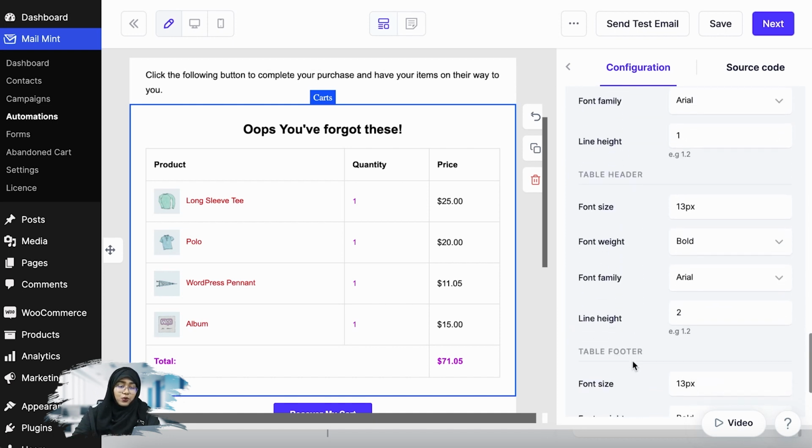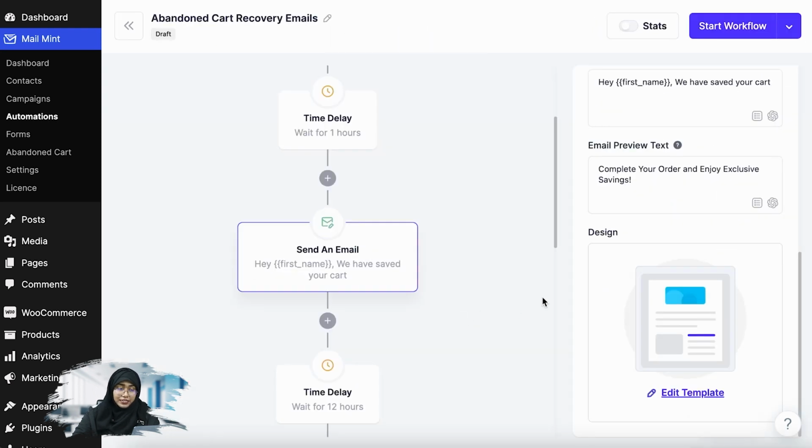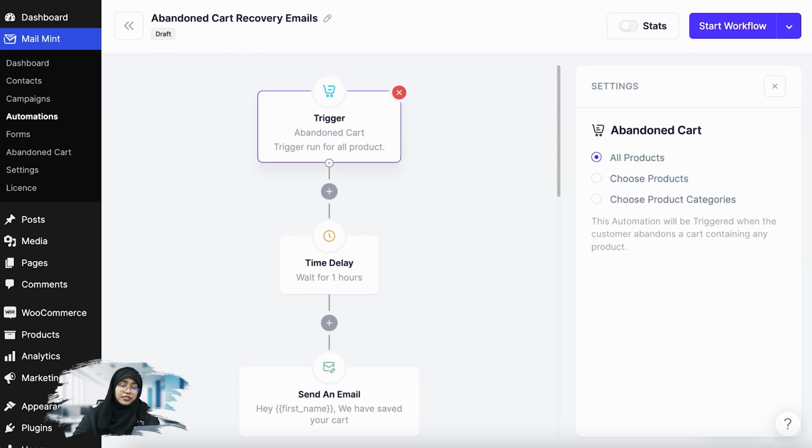All right. So I'm just going to go ahead and click on next. And that's about it. Now this specific trigger is for abandoned cart. Now if anyone abandons any product on their cart, this email will be sent to your customers. Now you can either use the shortcode or the cart block to make your emails more attractive. I would suggest using the cart block so that you can design however your emails are sent to your abandoned customers. So that's it. Here's how you can use the cart block in the email builder to design attractive emails